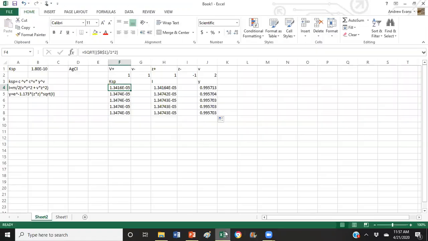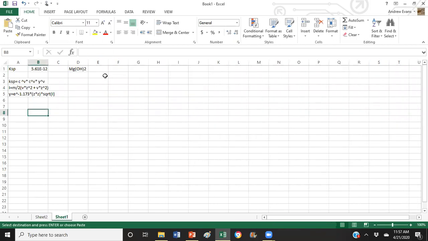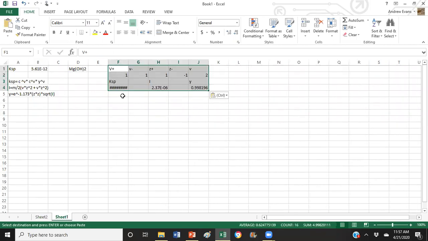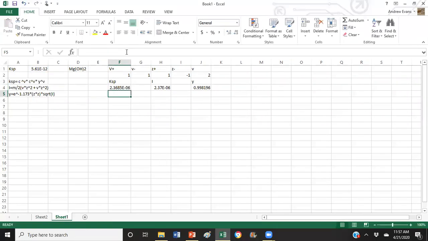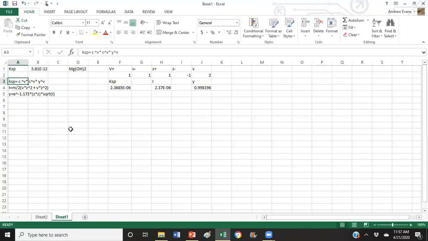Let's try another situation. So I'm going to go ahead and copy this, but I'm going to have to modify this. Next one. Okay, so now I want this to refer just to that B1. Yep. Okay, so this is for magnesium dihydroxide. So we have to change this a bit because our KSP is going to be